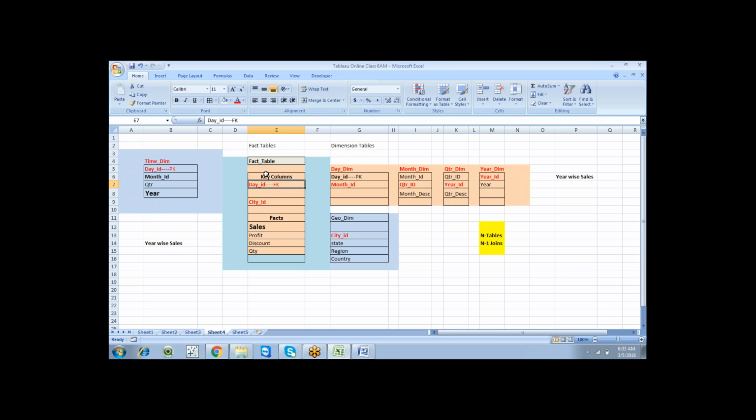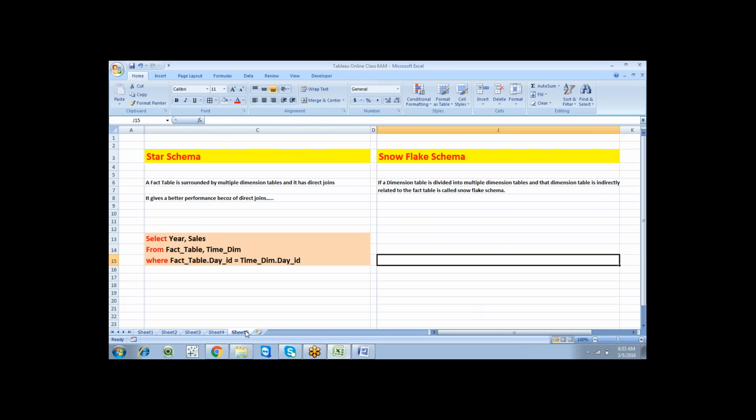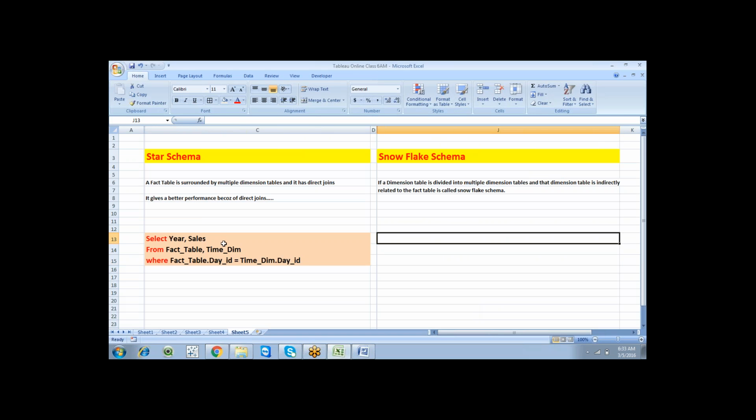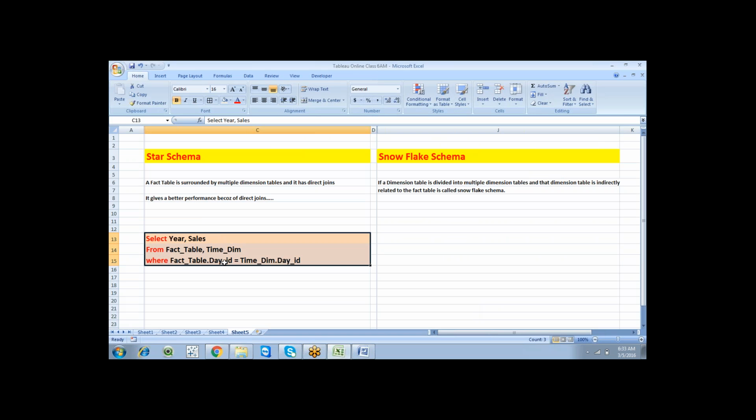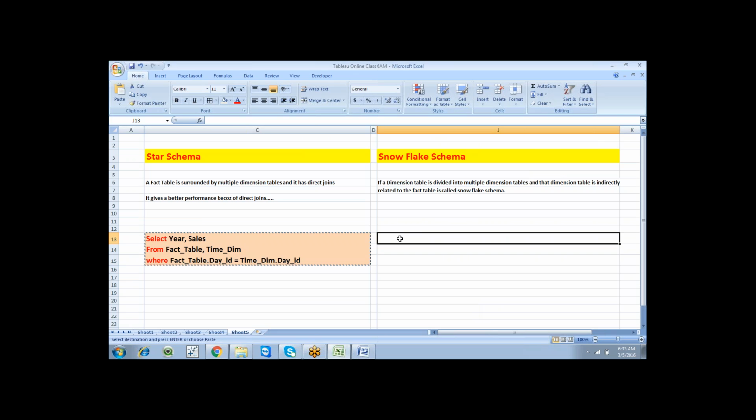So this is a simple join condition. But in a snowflake schema, we can go for a select statement as well.